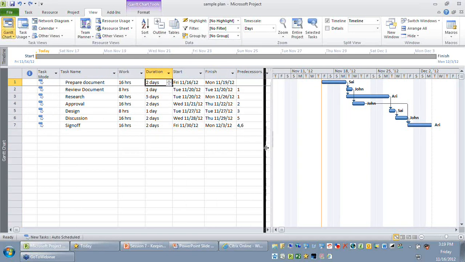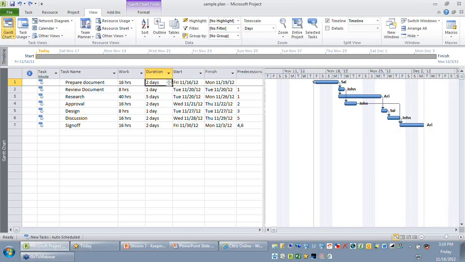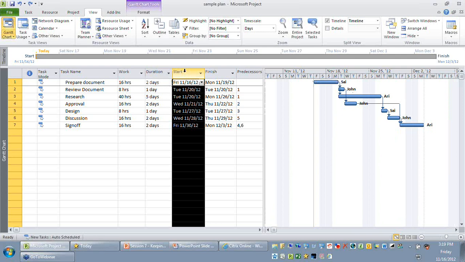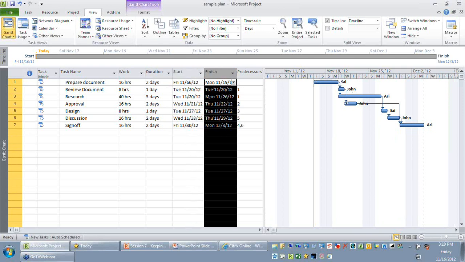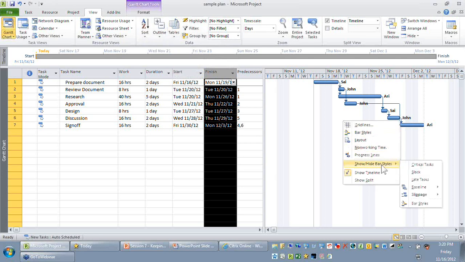Now let me look at the right hand side. You can see currently the bars start with respect to the start date and the bar finishes with respect to the finish date. You might want to look at the baseline data of these activities. To look at the baseline data of these activities, either you can change the table to the baseline table, or you can just right click on your chart area, select the show